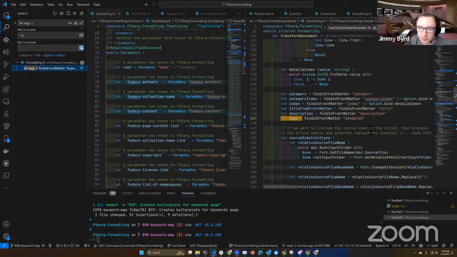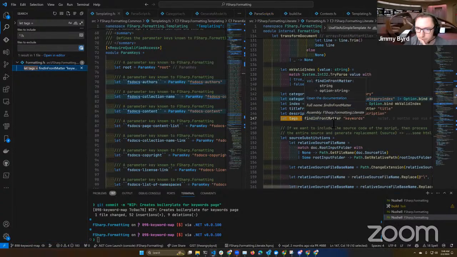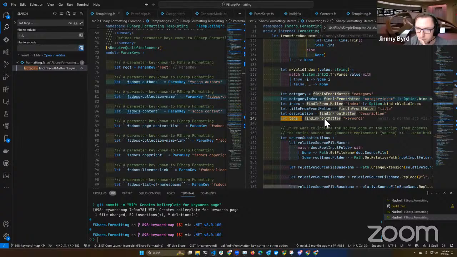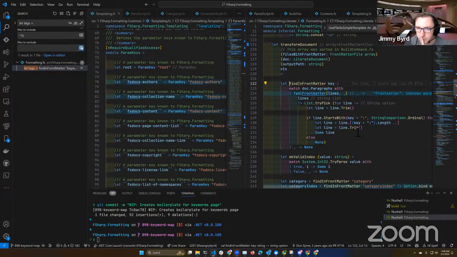Find in front matter. What does this do? Interesting. So we have this front matter file, but we're also not necessarily using it to get the